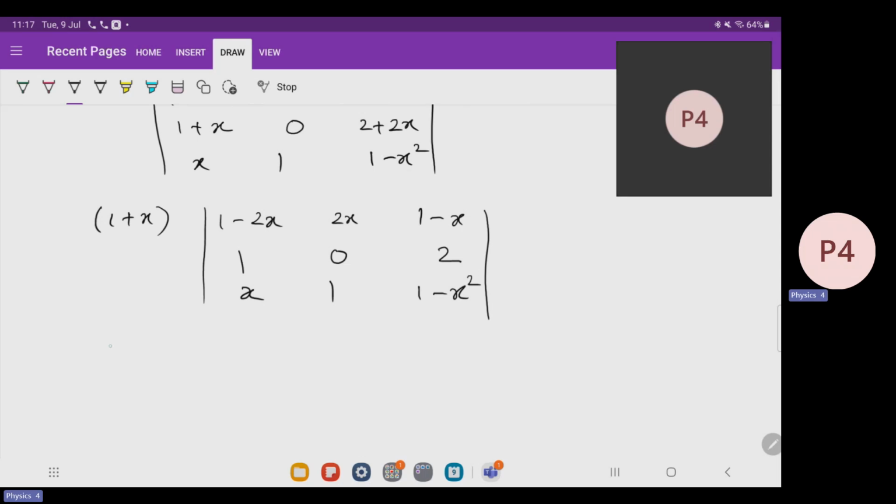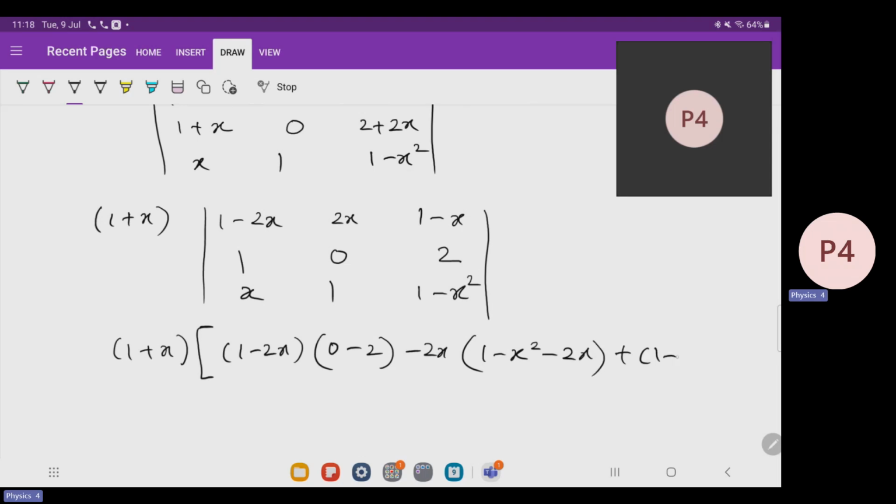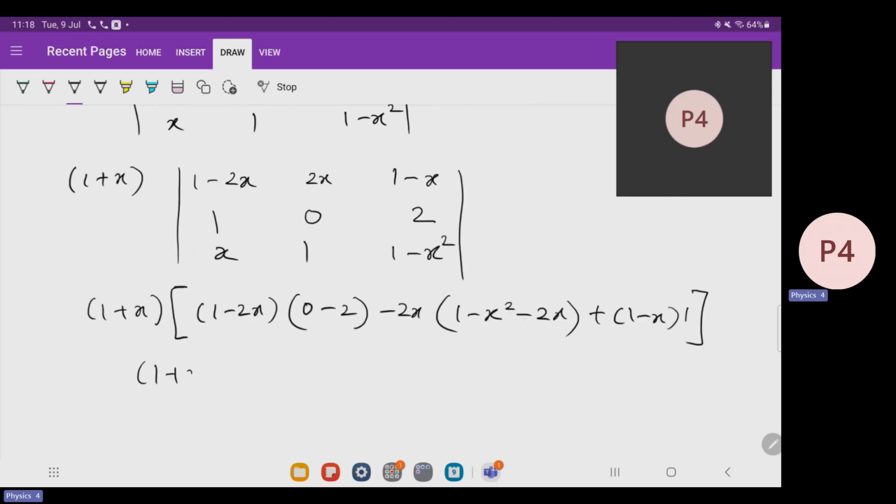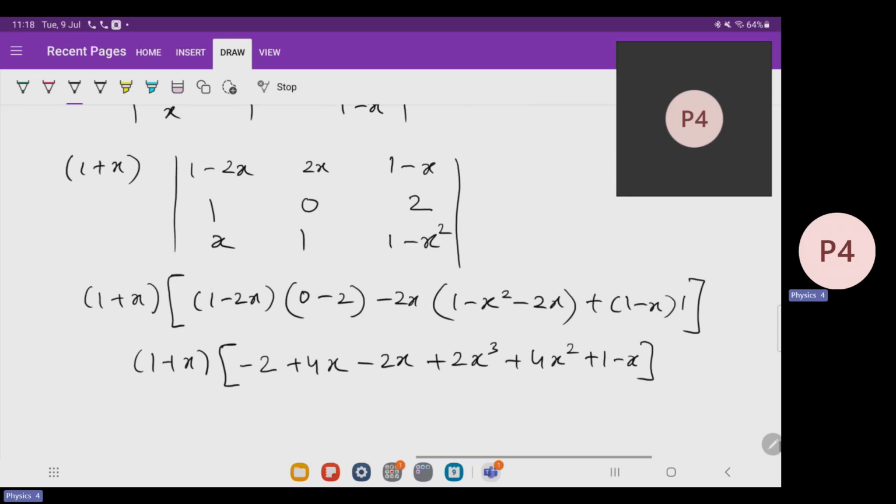So we will do 1 plus x bracket. This is 1 minus 2x times 0 minus 2. Minus 2x times 1 minus x square minus 2x plus 1 minus x times it is simply 1. Now expanding this is minus 2, so we will get minus 2 plus 4x minus 2x plus 2x cube plus 4x square plus 1 minus x. Now simplifying this,